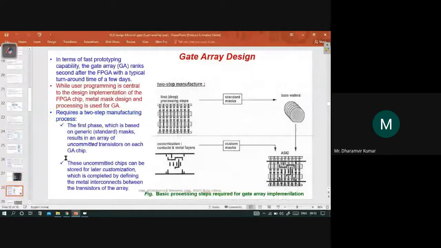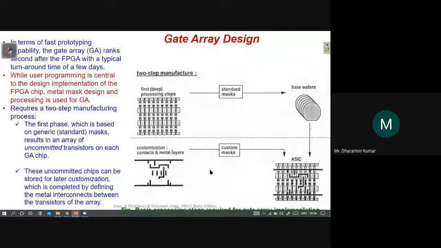So next is this gate array design. The idea is ultimately we have to fabricate transistors on the chip, and then those transistors would be connected to form a proper working circuit.